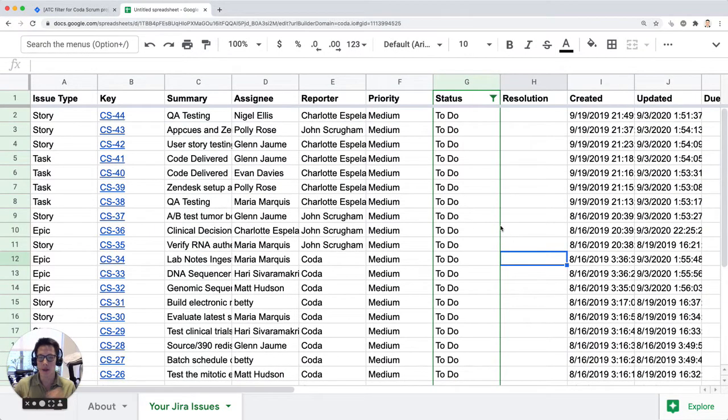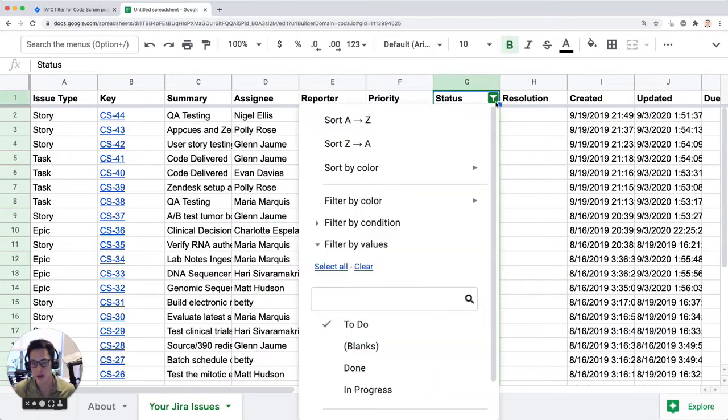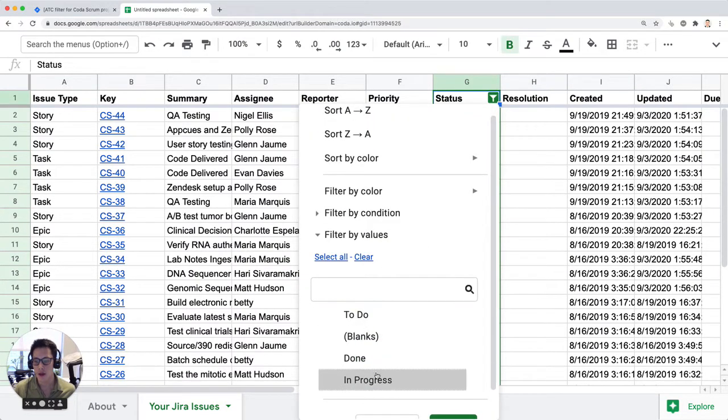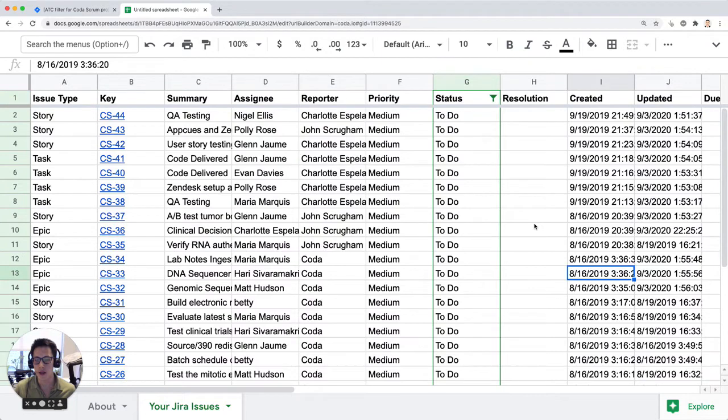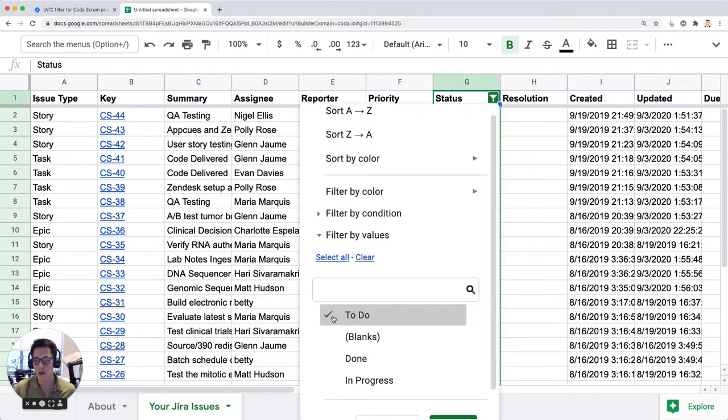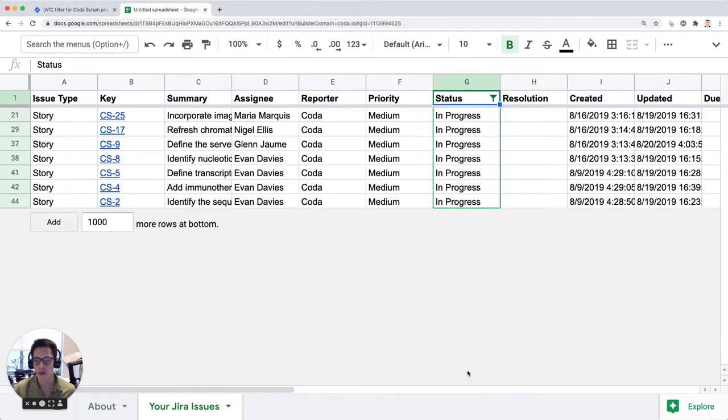But what if my teammate comes in here and they want to see the in progress ones? Well, they have to go back into this, click on in progress, and they can then see. Oops, that didn't work. I hit OK. Now they can see all the in progress issues. And let's say they want to see the in progress issues for just themselves. Let's say their name is Evan Davies. They would then have to click here